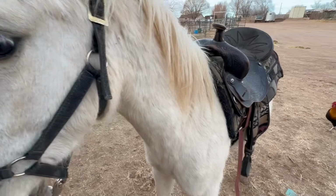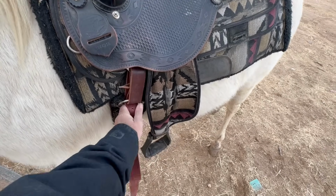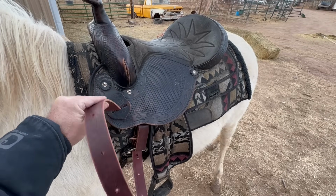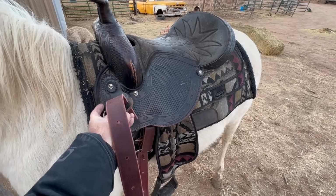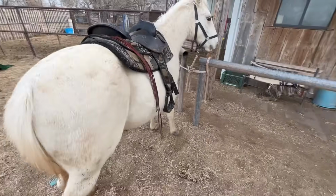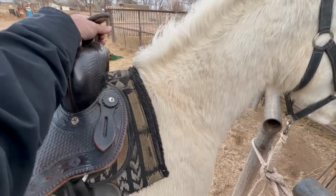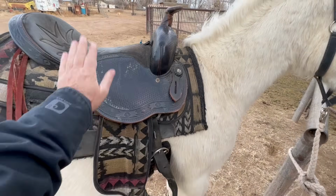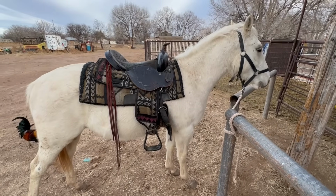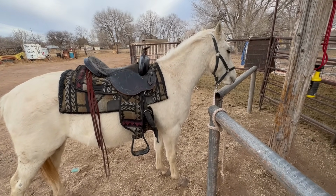Now it's tight enough that even if he tries to spin or turn or whatever, he can't go very far. So now I'm gonna go to the other side. Oh look at that, he didn't move, he did good. He's doing a lot better. So now I'm kind of jerking on it, hitting on it. He's gonna be a fun project for someone. If Blake was home, we would have already been riding him. But anyway,